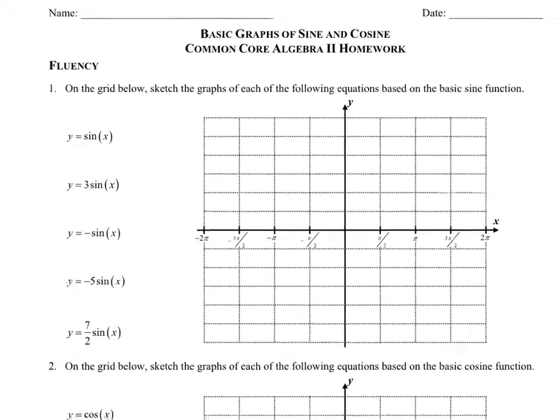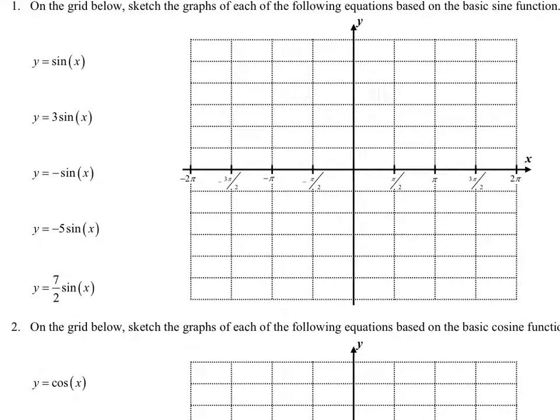So, sine of x. And remember from in class, we set up that table, and you could just make a little note of it to yourself if you needed to, but just look at the unit circle. On the unit circle, and I'll just draw a mini one here, my points are 1, 0, 0, 1, negative 1, 0, and 0, negative 1. Right? And if this is 0 and this is pi over 2, pi, 3 pi over 2,